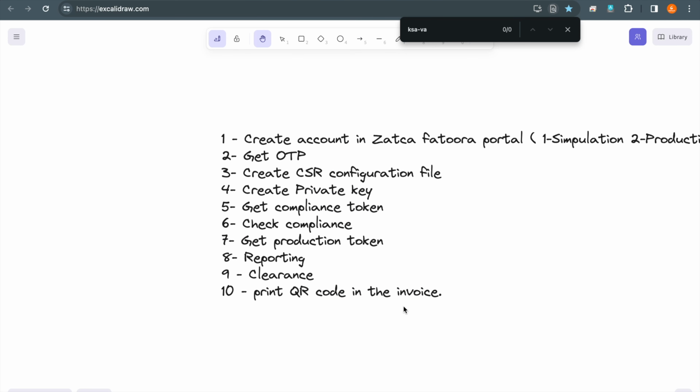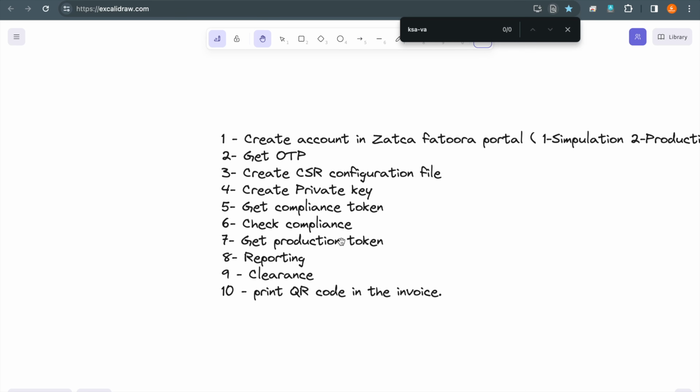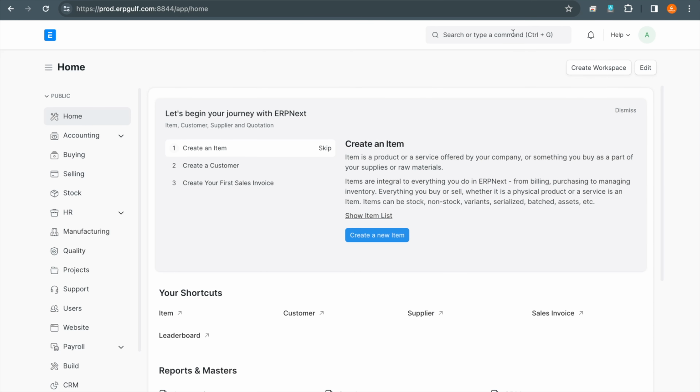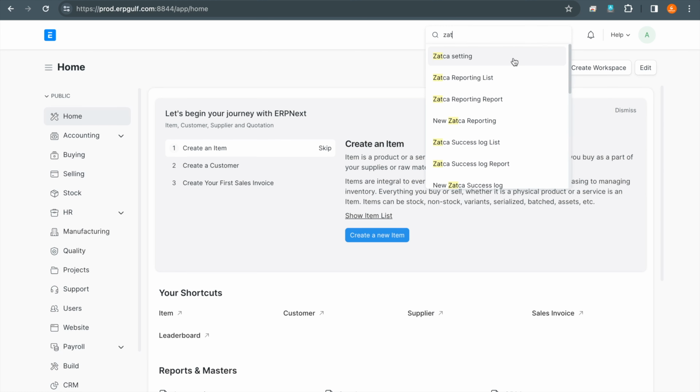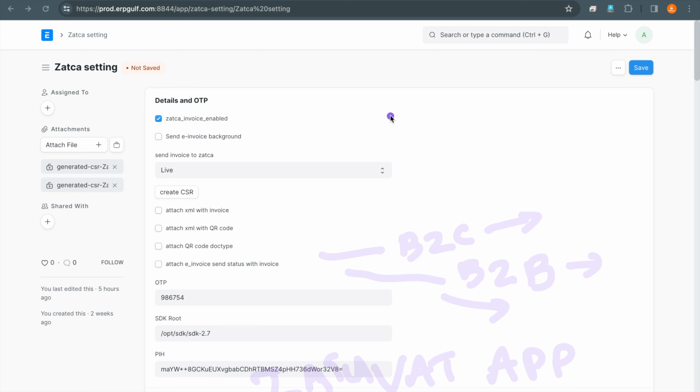So now let's go to our ERPNext. Okay, so this is our module. So you will go to Zatca settings. This is the one. So basically, you will enable